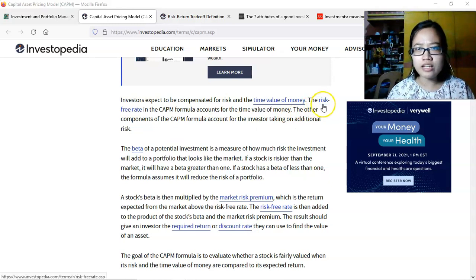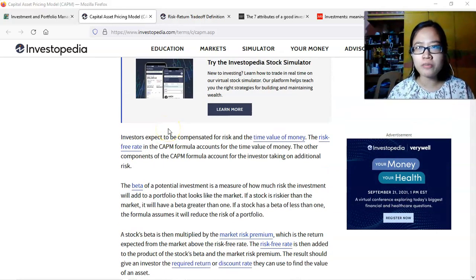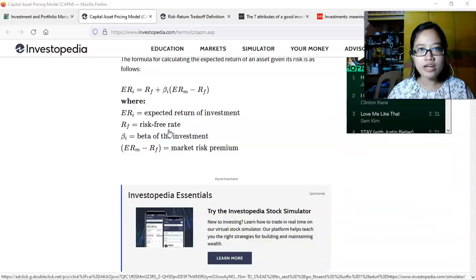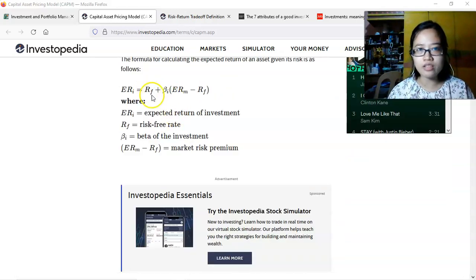And normally, yung rate na ginagamit nila dito would be the existing rate ng government bonds or ng treasury bills. So, it's either going to be 2% up to 4%. Kasi nga, in a way, medyo guaranteed yung returns doon since the government is being funded by taxes anyway. Right? So, again, itong risk-free rate dito is the rate for the government bonds.